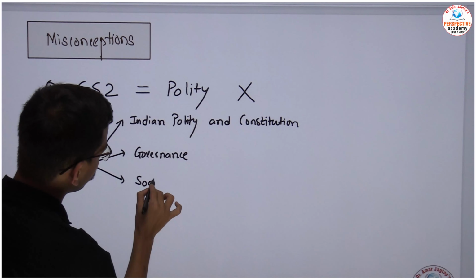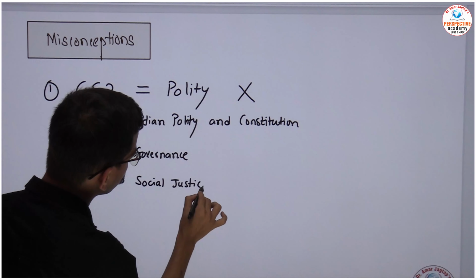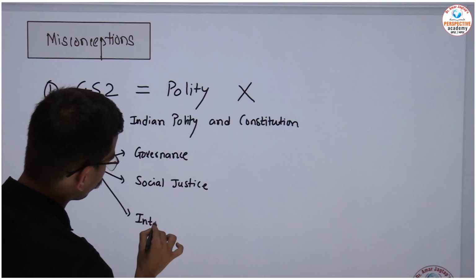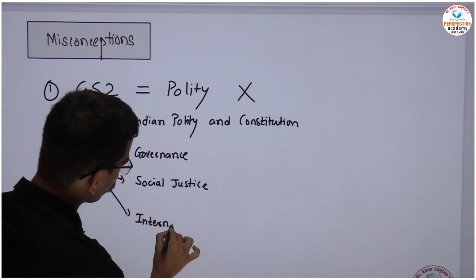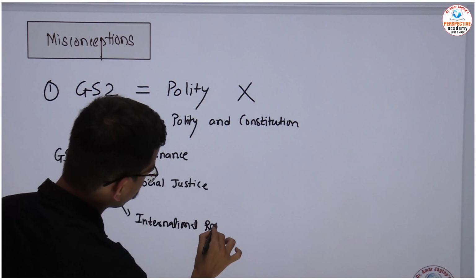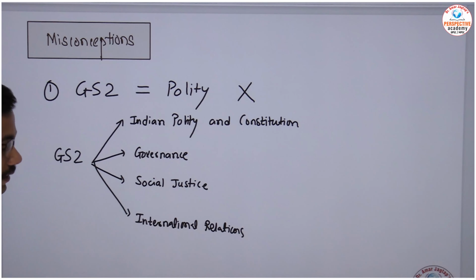Then social justice, and then at the end you have international relations. So please mind this, because generally students think that doing polity means the whole syllabus of GS2 is done,